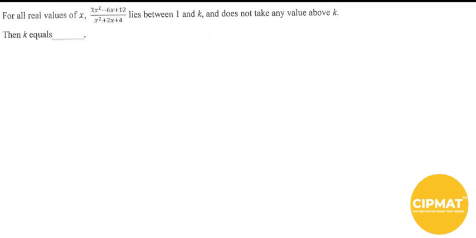This question says for all real values of x, this expression, which is a rational expression of two quadratic equations, lies between L and K and does not take any value above K, then what is the value of K? So basically I need to find out the interval L comma K where this expression is lying in. Right, so clearly I can see that this is a question of the topic